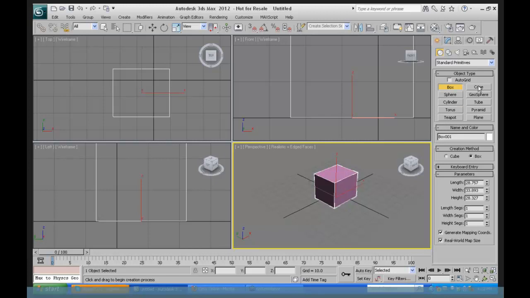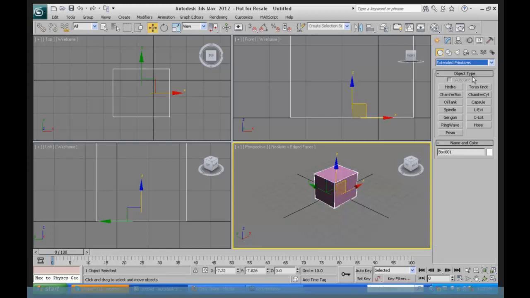There are many different kinds of primitives, and each of these primitives have very unique and different settings to them. I'm not going to go into each and every one of them. In addition to these primitives, if I click here, there's extended primitives, and there's a whole bunch of these too. We'll look at some of those a little bit later on in the class perhaps, but I'm going to go back to standard primitives, and I'm going to talk about one other thing, which is that Max, when we are